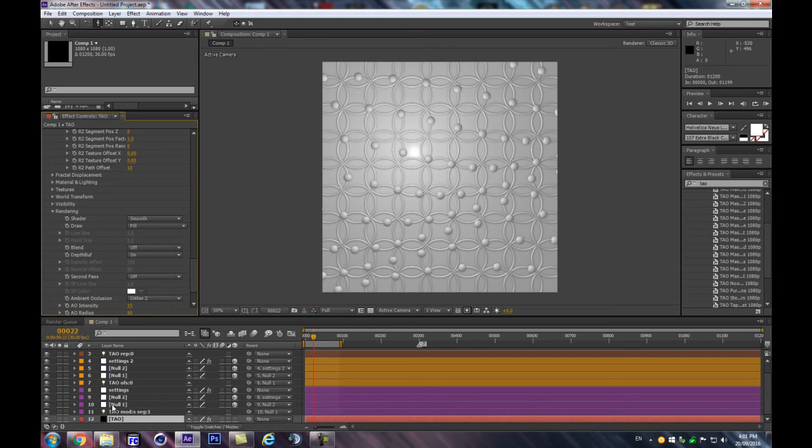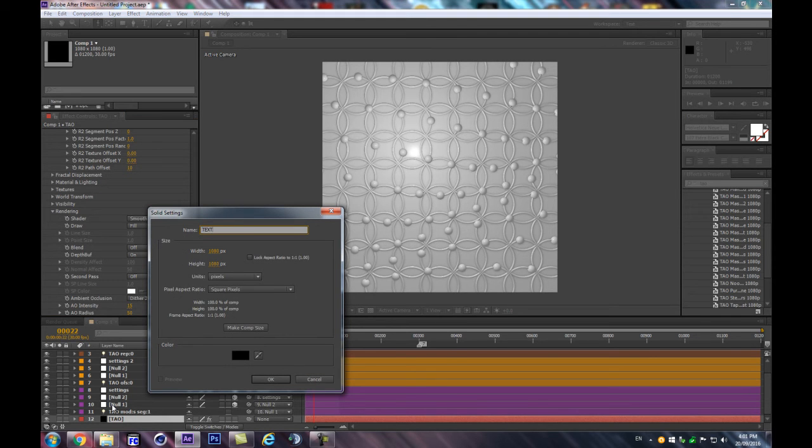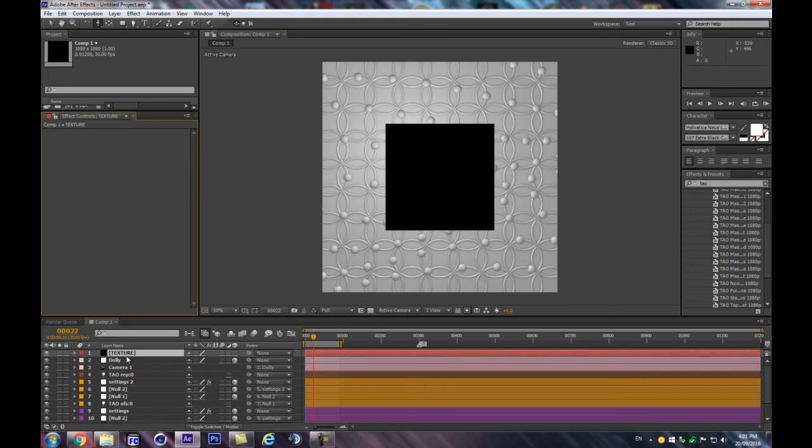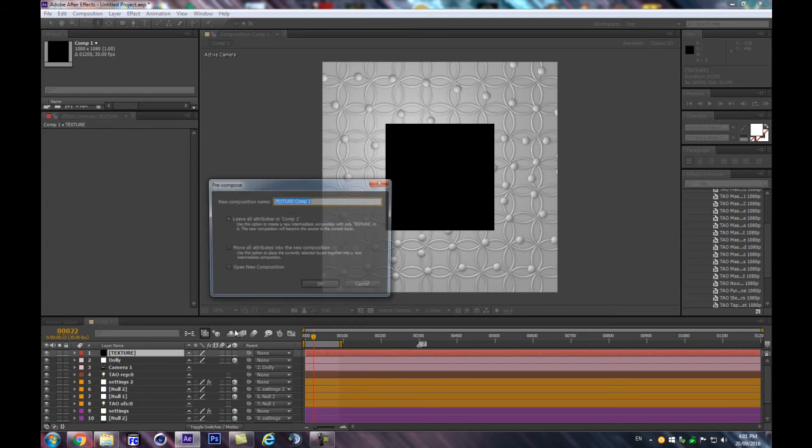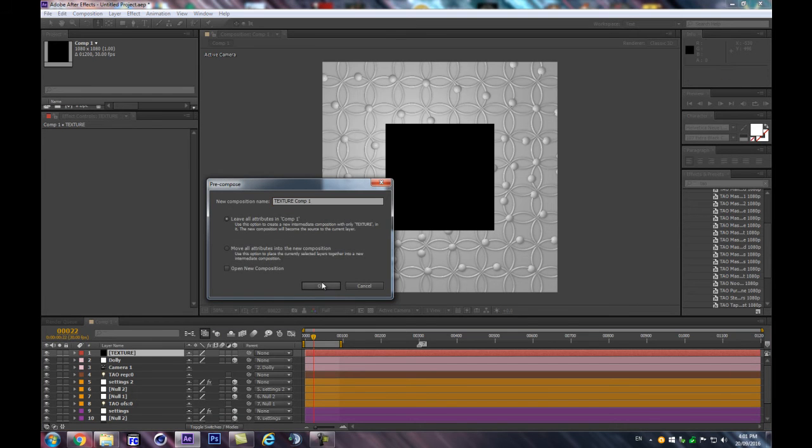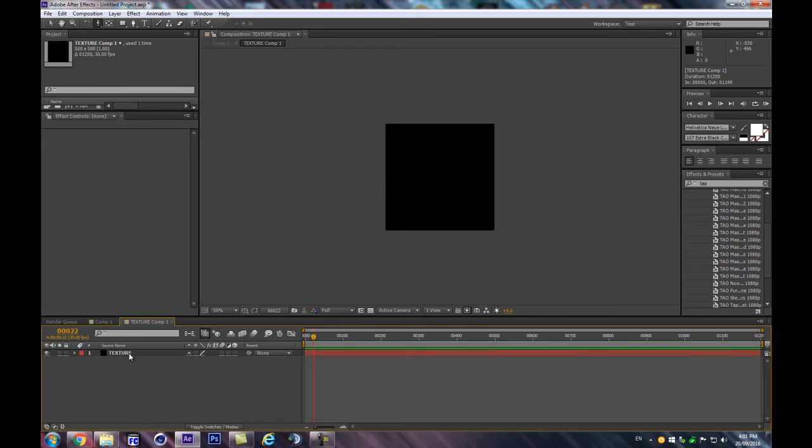So let's make a texture, and we're gonna make a simple one. So I'm gonna call it texture, and we just need to have it 500 by 500. So let's make new comp like that. We're gonna hit Control-Shift-C to leave all the attributes in there, and we're gonna double click to get inside, and